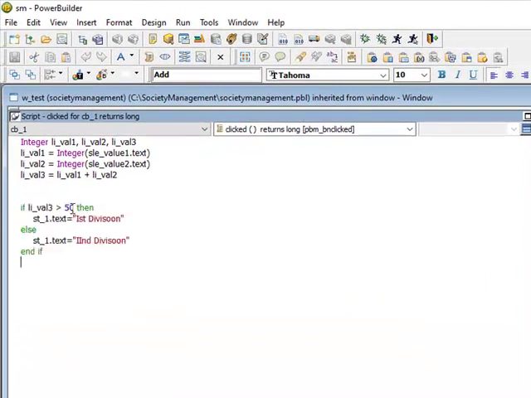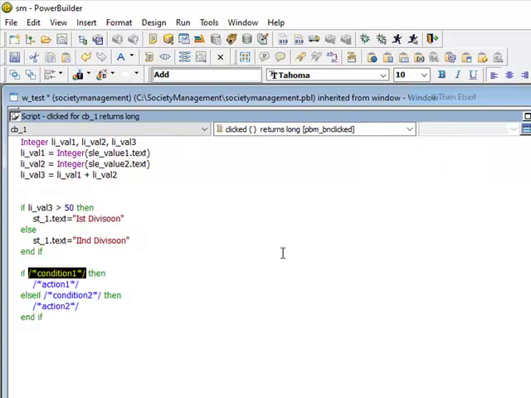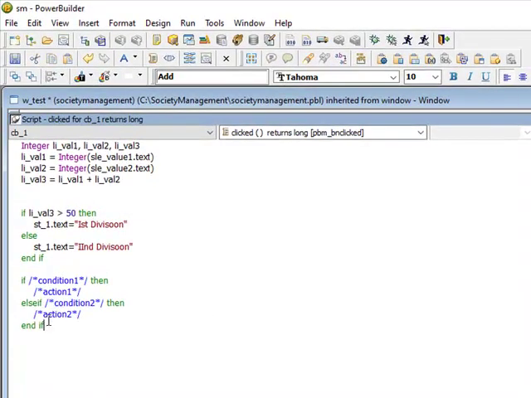You can add so many conditions here. Then there is one more statement: if this then this, else if this one. You can add multiple ifs, right? One condition, two conditions, three conditions. If this condition is true, it will go here.